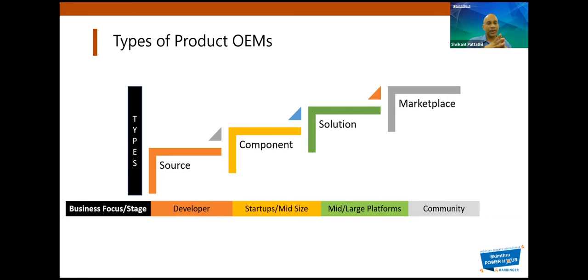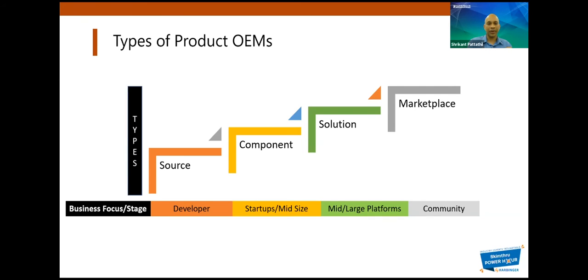So based on this classification, we have seen that mostly the developer community, or people who are building software that targets developers, focus more on the source code type of licensing, whereas startups and mid-sized companies focus more on component-based, and the mid to large platforms focus on the solution sort of OEM approach. And of course, there's the community side, which depends completely on that marketplace and the community